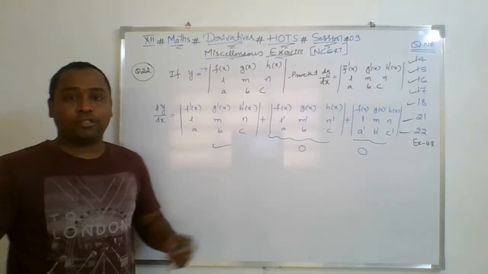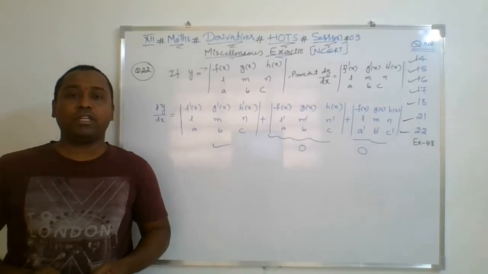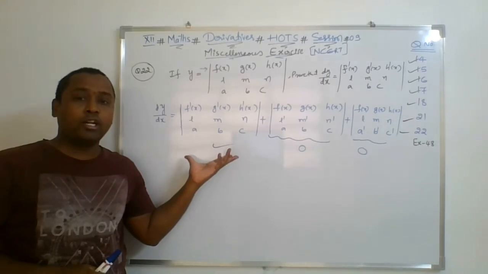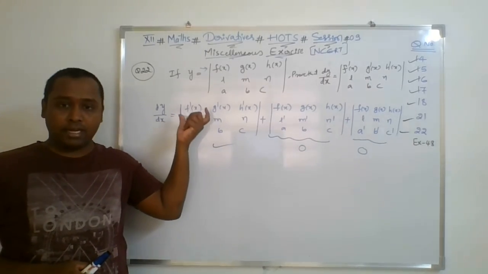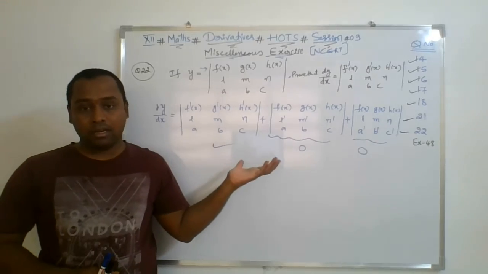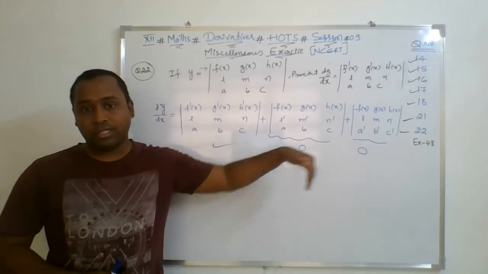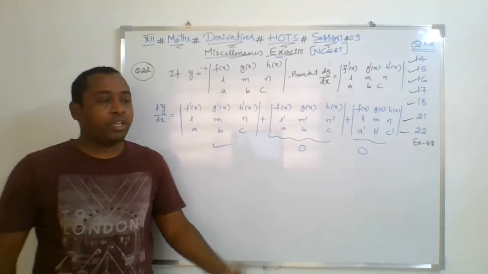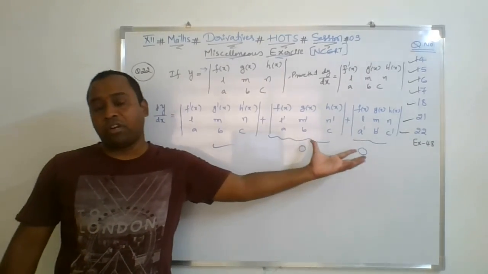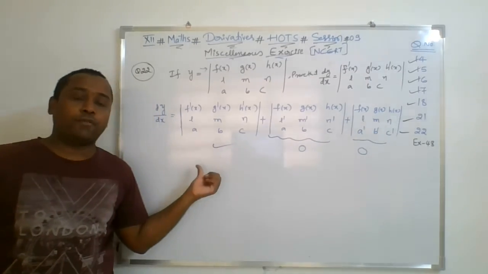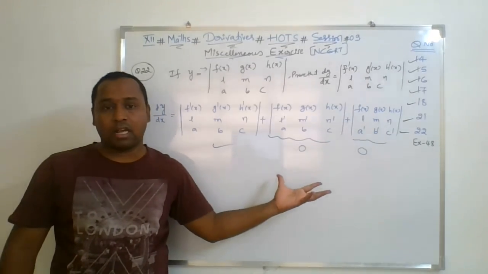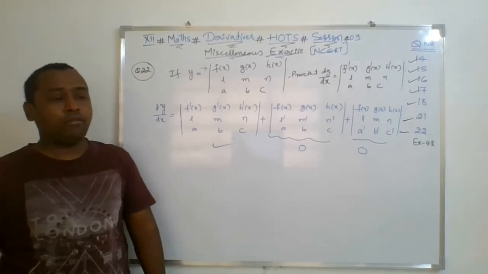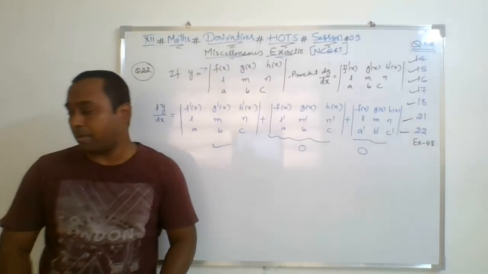It's so simple. So this is a way to do the derivative of a determinant. Determinant derivative means only do the derivative of a single row or a single column at a time, and just go on with each and every row. If it is of 4 by 4, 4 determinants will be there. If it is of 2 by 2, only 2 determinants are there, depending on the number of rows and columns. Fine. So now let's have the last question, that is example number 48.